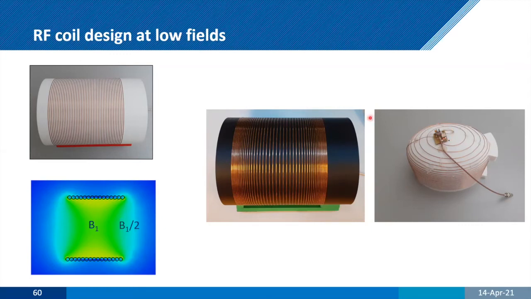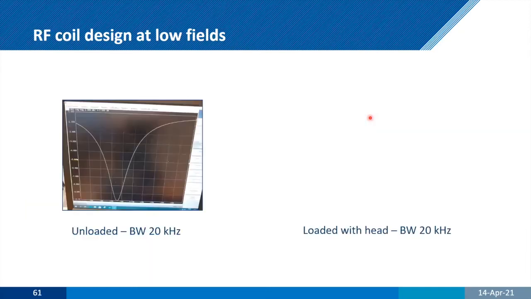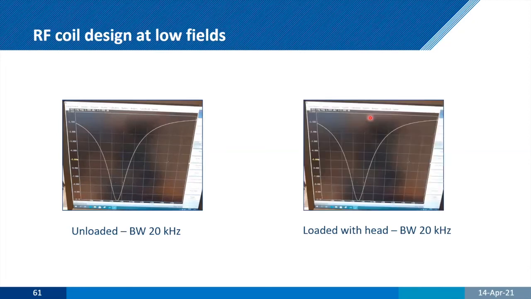So one of the things, of course, is that we're now designing coils from 56 Tesla, all the way down to 50 millitesla. Here's your coil unloaded, and here's your coil loaded, right? It really doesn't make any difference if you design it well. And again, you come to this bandwidth issue, right? So the bandwidth here is 20 kilohertz. Your Q is maybe about 100. And 20 kilohertz is not a big bandwidth to be considered when you're imaging. So it's one of the things that we have to consider.